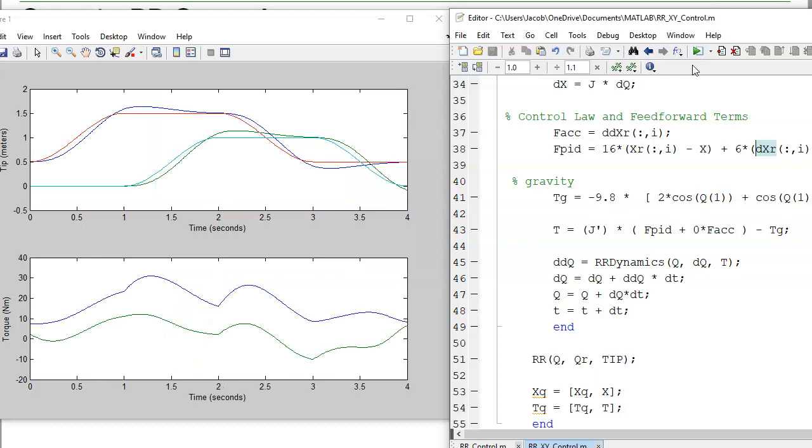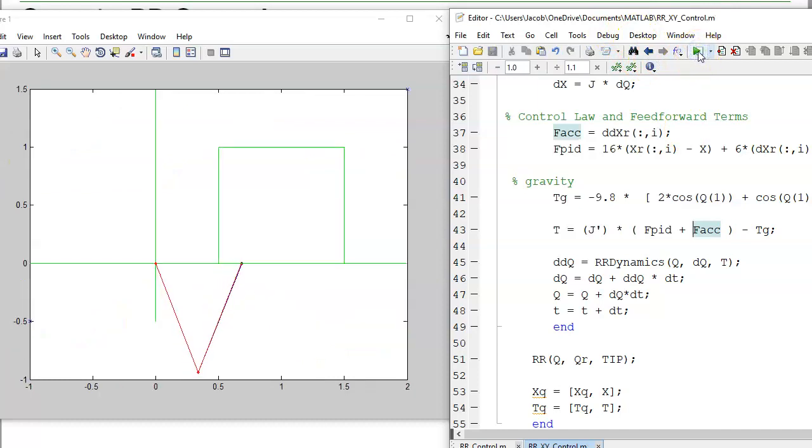That too I can compensate for. I know the desired position. I know the desired velocity. I know the desired acceleration. If I add that in as a feed forward term, I now have almost perfect tracking. So here we have XY control of a robot